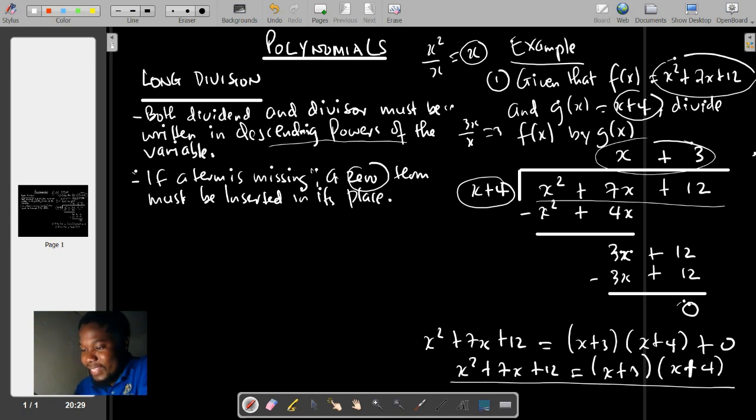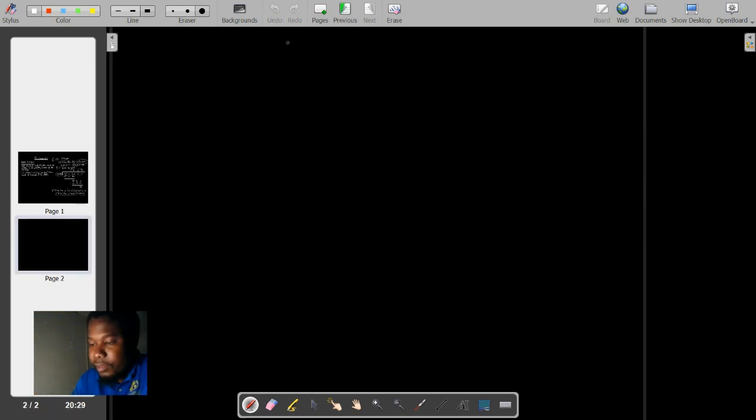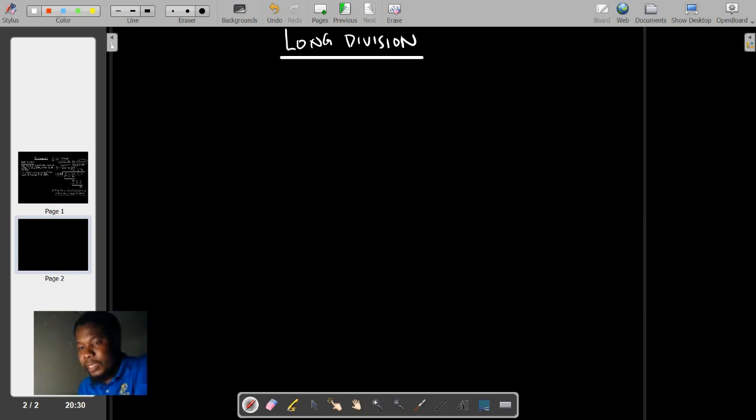Okay, so let's look at the next thing. Let's continue from there with long division. We'll do another example. I think the examples will get a bit more complicated as we go, so make sure you are following. Number 2. The next one we're doing says to divide